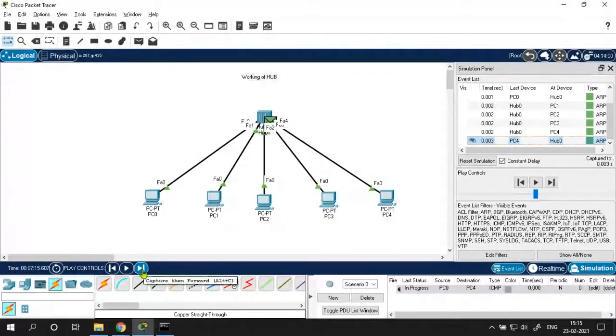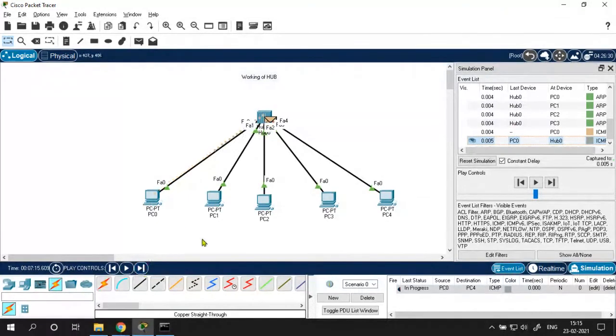Again, the acknowledgement is broadcasted in my local area network. So you can see it is broadcasted to all the hosts except the destination. Here you can see the tick mark, which means the communication is successful.